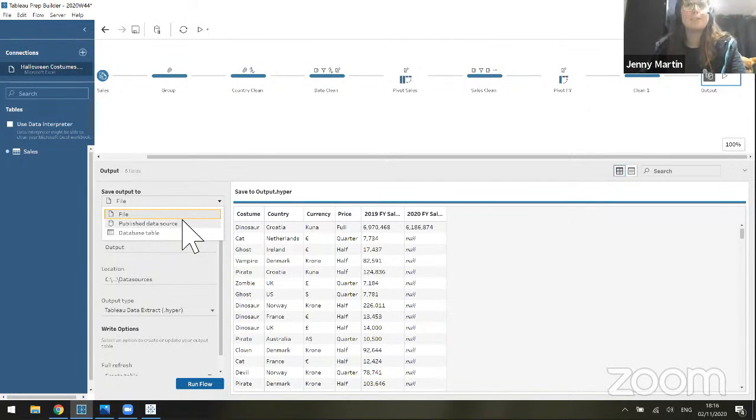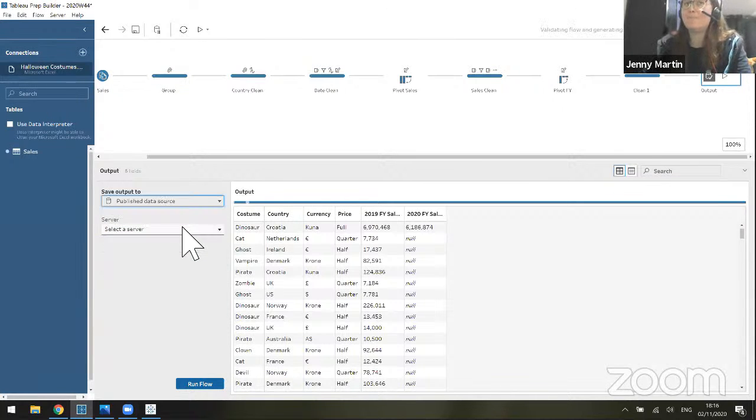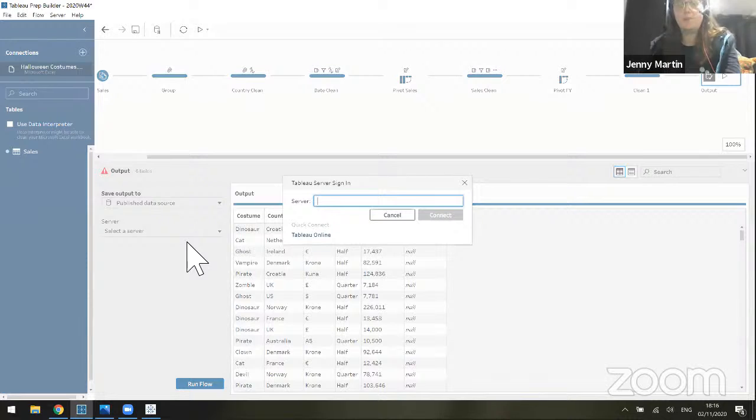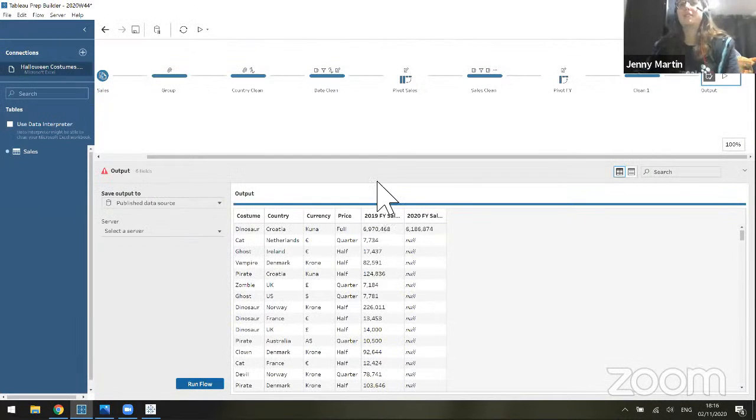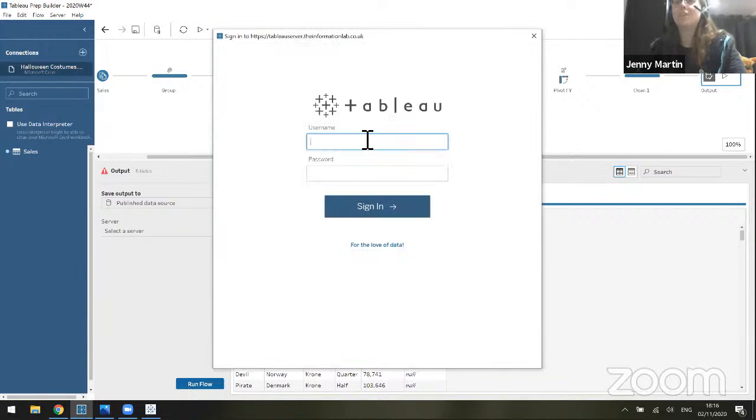I can publish a data source straight to Tableau Server, or I can even output to a database. So let me just sign in to our server and type in my credentials. The one thing that I didn't do of the challenge, that you could do if you wanted to, is